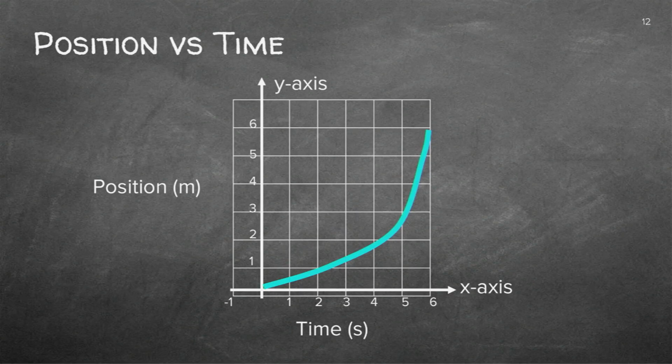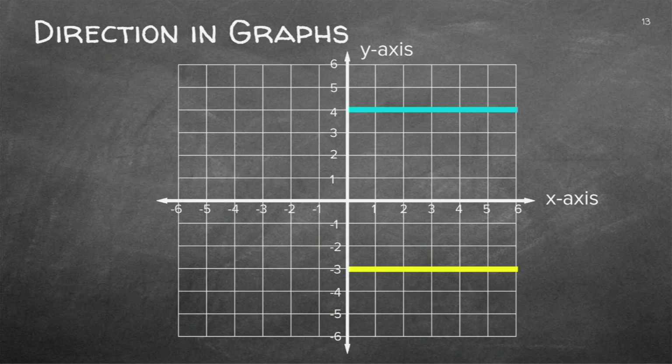Remember with pocket money, it went up and it just went up indefinitely. Well, now the position is changing and it's increasing: first second, second, third second, and you can see there's no constant in this. At the 6th second, it's actually further away. So this is a change in the position, but it's actually going faster. What would that one be? A change. Now we are going to use a few of these graphs in a different way.